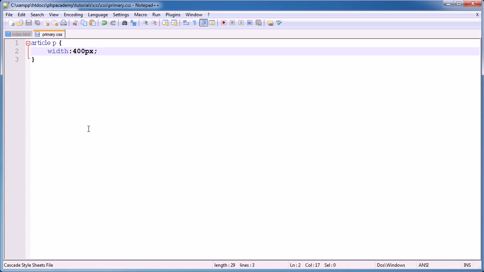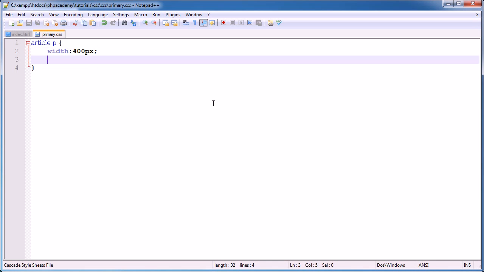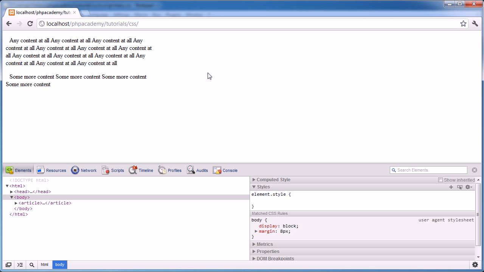Now, we might want to apply this text indent to all paragraphs within an article, and that's the correct sort of typographical, or however you would lay out an article, way of doing things. So if I now use text indent, that'll apply the text indent to every paragraph within article, and this gives us a nice effect, something that we would usually see in an article with the first line of every paragraph indented. So we don't just need to apply this to one element, we can do this to all paragraphs within an article in this example, or however you feel necessary on your page. So this is a more